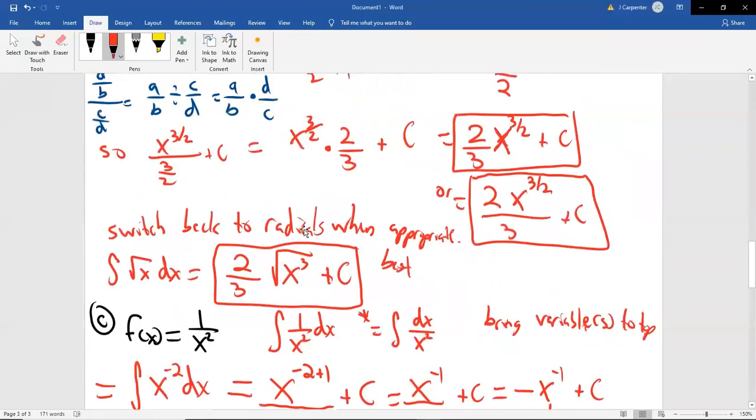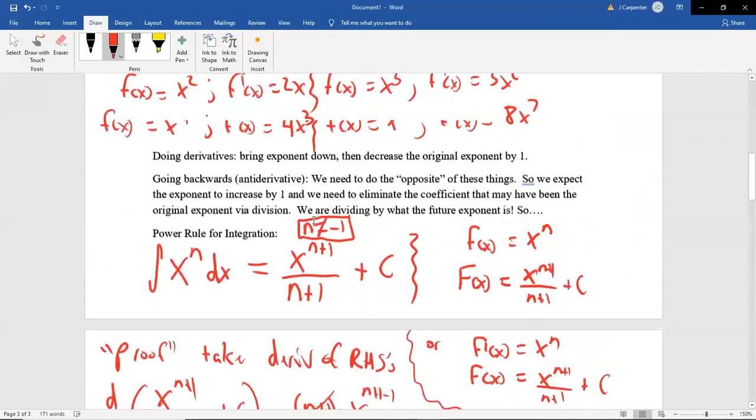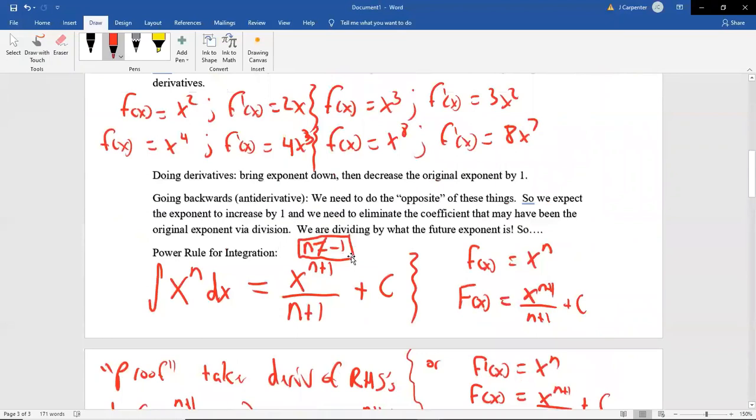So right now, all we have is the power rule, and we have one minor exception that the n is not allowed to be -1. There was no exception like this for derivatives because we were bringing exponents down, and that was never going to be an issue of dividing by 0. But when a formula involves dividing by something, it's possible that this bottom could be 0, and that's only possible if the original n was -1, because -1 plus 1 is 0. So that's why there's an exception to this case.